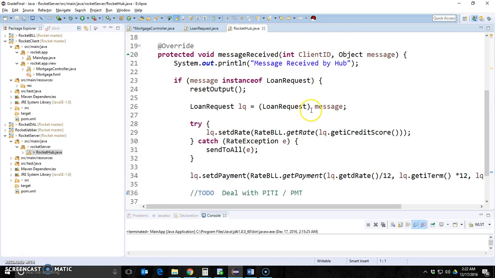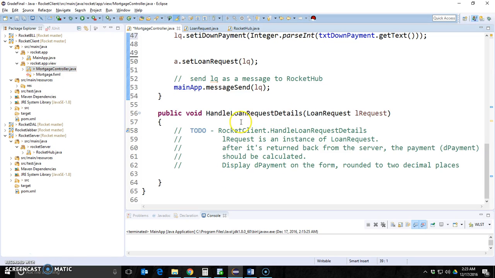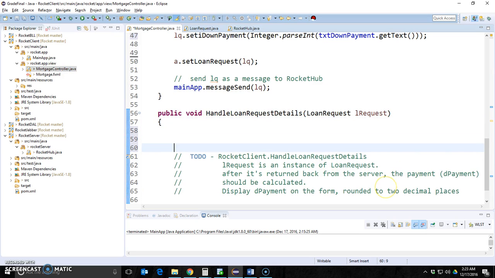Hub's going to receive that message, parse out the loan request, get the rate based on the credit score, get the payment based on the rate, and then return that back to the LQ. The LQ is going to get that, and it's going to fire back this method here. So loan request comes back as a loan request. It actually comes back as an object, but the main app case says the loan request comes back as a